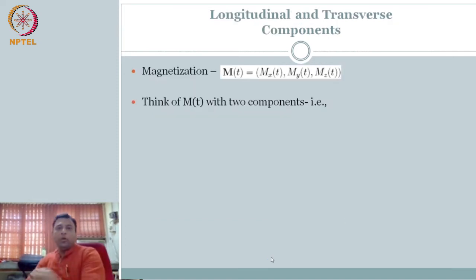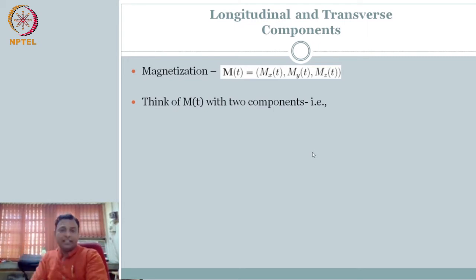So now what we will do is we will go further. We want to understand the signal. We now understood the magnetization moment, how it is changing with time. We are able to describe it. We need to now proceed further to measure this quantity. That is what we are going to build. So the magnetization vector, we have split it into Mx, My, Mz. But you will notice that instead of working with three variables, we could work with two variables, by making this intuition that we already talked about, Mz of t.